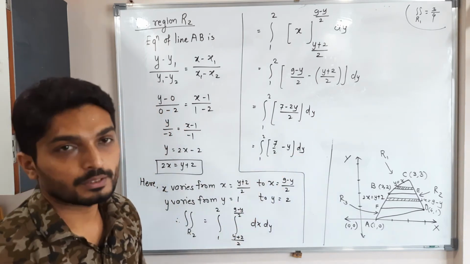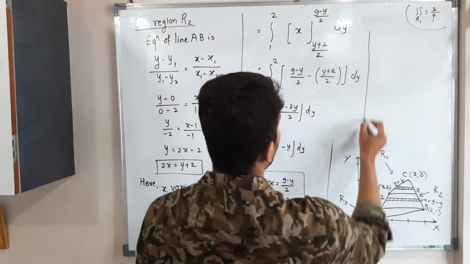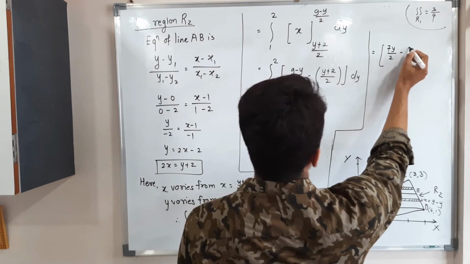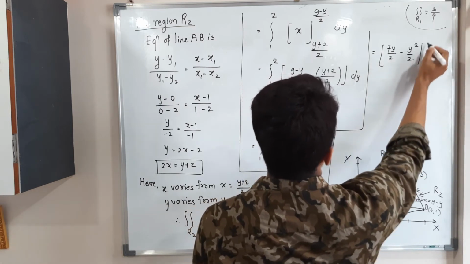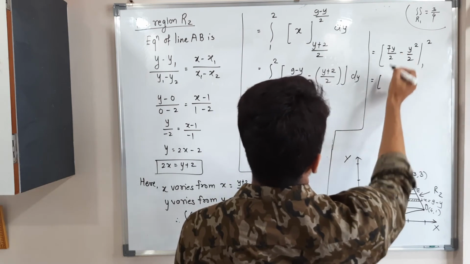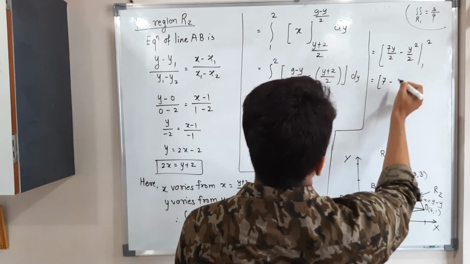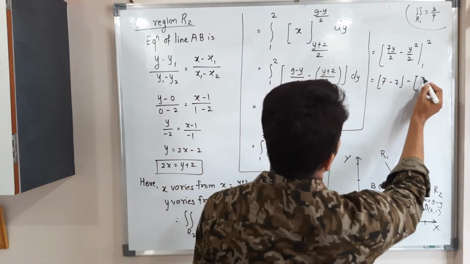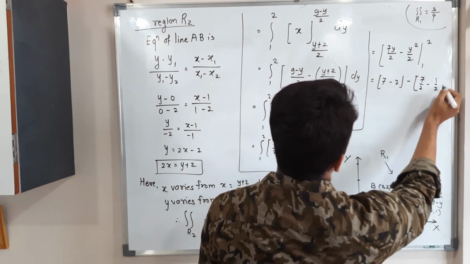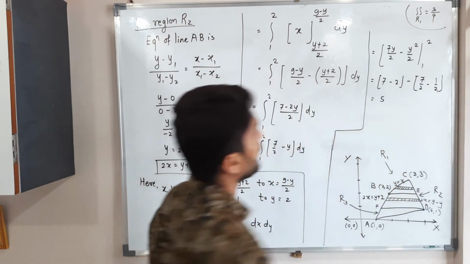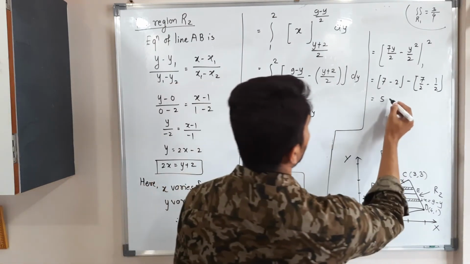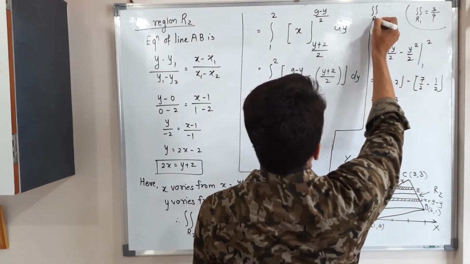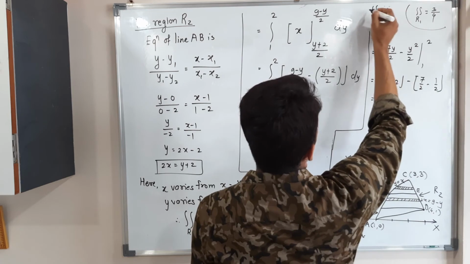So let us integrate this one. It's very simple. Integration of 7 by 2 is 7y by 2. Integration of y is y square by 2, from 1 to 2. Let us put the upper limit. If I put 2, the 2 cancels, 7. And 2 square is 4, the 2 cancels, 2. Minus, if I put 1 there, what will happen? This is 7 by 2 and 1 square is 1 by 2. 7 minus 2 is 5, and 7 by 2 minus 1 by 2 means 6 by 2, which is 3. So the difference is 2. I will mention here, the double integration over R2 is 2.